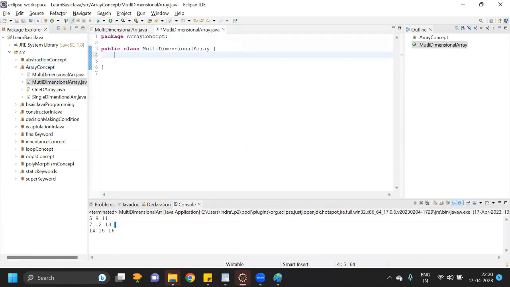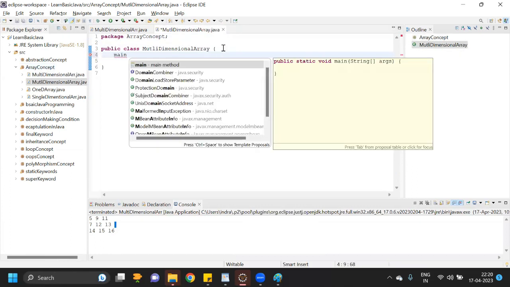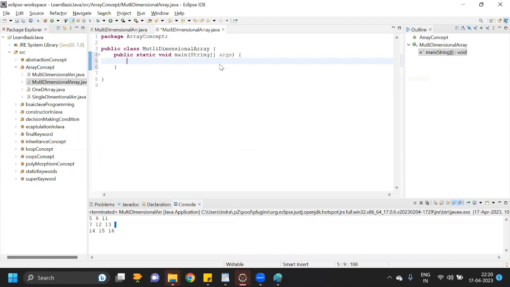So again, I will create a main method, right? Now, how we can declare the value? We can declare int, and then we can take reference variable, and then we can take this, right? And is equal to, we can use this curly braces, and in the one curly braces, we will give all